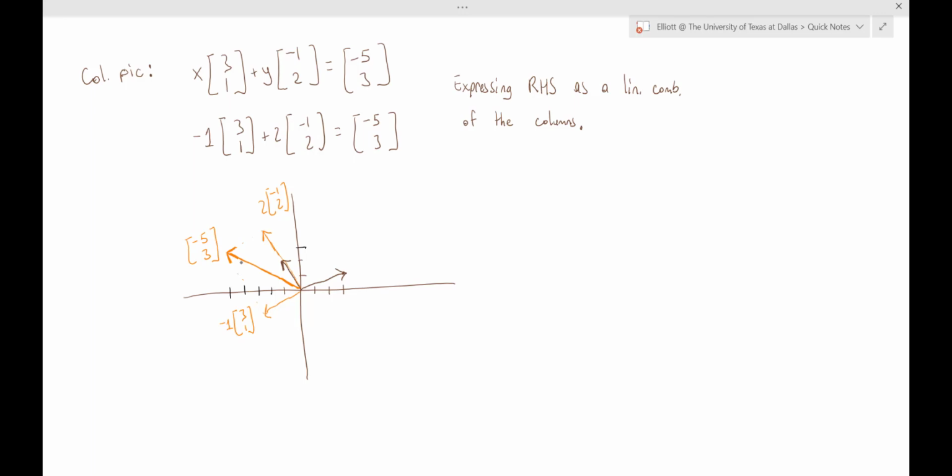One thing that the column picture sort of reveals is that this system of equations will have a solution if and only if the right-hand side is a linear combination of the columns